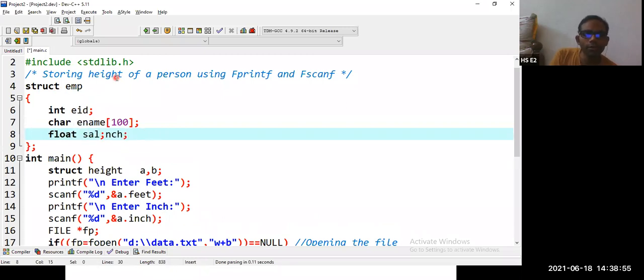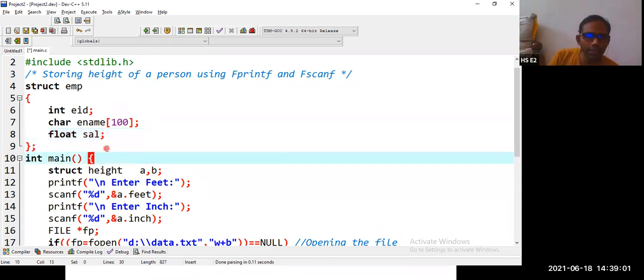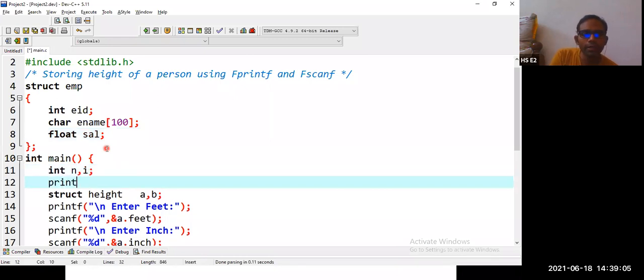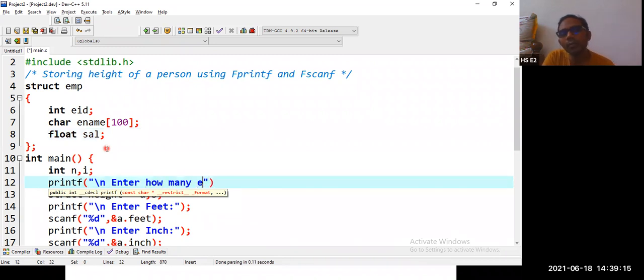Now we want to ask the user how many employees' details the user wants to enter. So let us create a variable, integer n comma i. Then printf: enter, now we are taking an array of structures, slash n, enter how many employees data you want to enter.